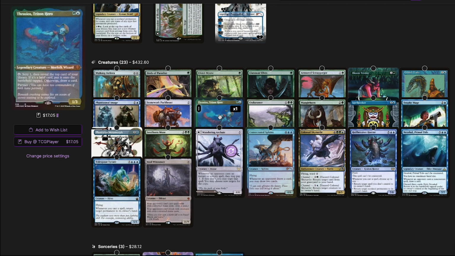Thrasios is here because as part of our win con, if we pay 4, we can scry and reveal the top card. If it's a land, put it on the battlefield tapped, otherwise we draw. So if we make infinite colored mana or colorless, we can then infinitely go through our deck and get to